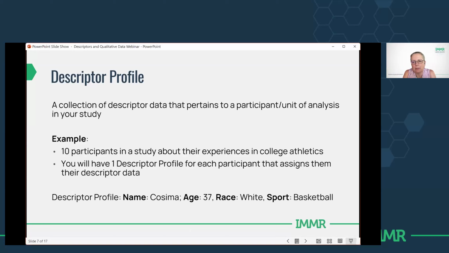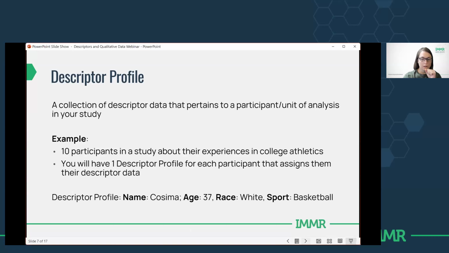The tricky bit about this is to be clear what your unit of analysis is in your study. So, for example, often it's a person or a group of people. It could also be an organization might be your unit of analysis. It's whatever is of interest to the social science problem that you're investigating. So in this case, we've got the unit of analysis is the person, the group of people, but it could be a process itself might be a unit of analysis in different locations, for example.